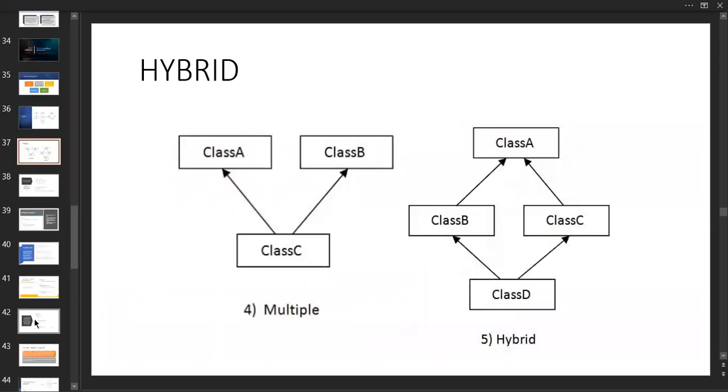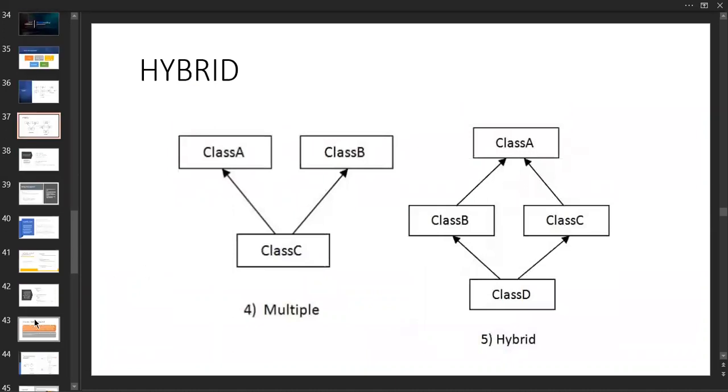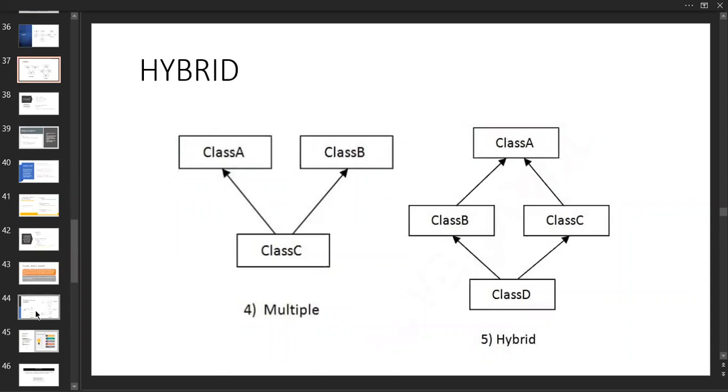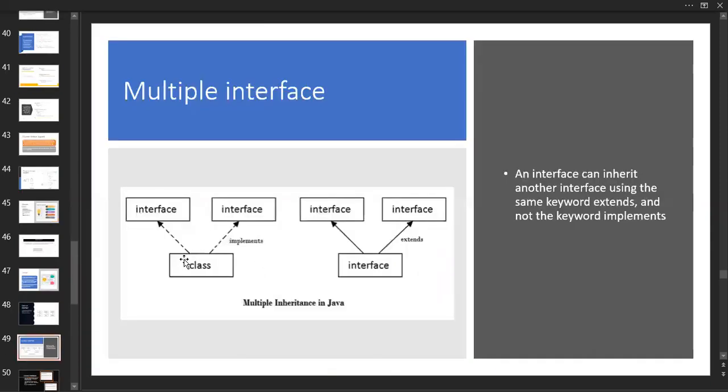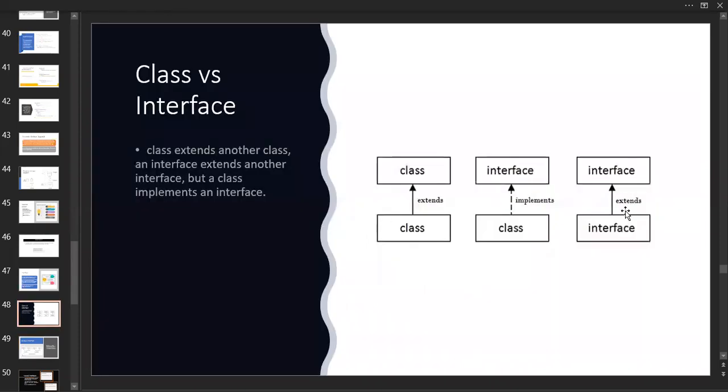But in the sense of this, we are supposed to use two interfaces, which we call a multiple interface achievement. So by using this, we are supposed to achieve multiple inheritance. We are going to get an example on this. We will discuss everything first and then go further. We already know the previous one.